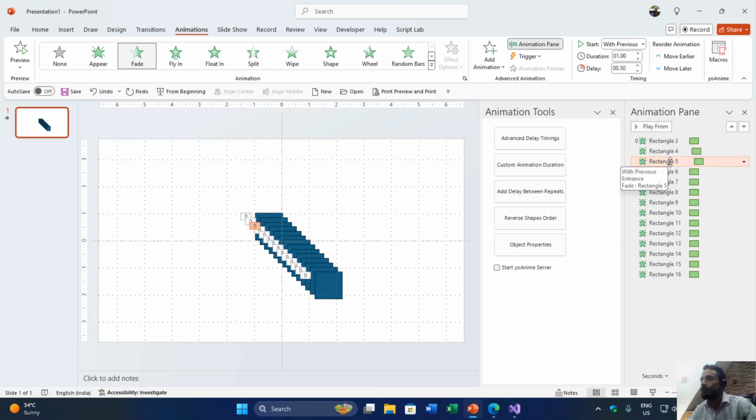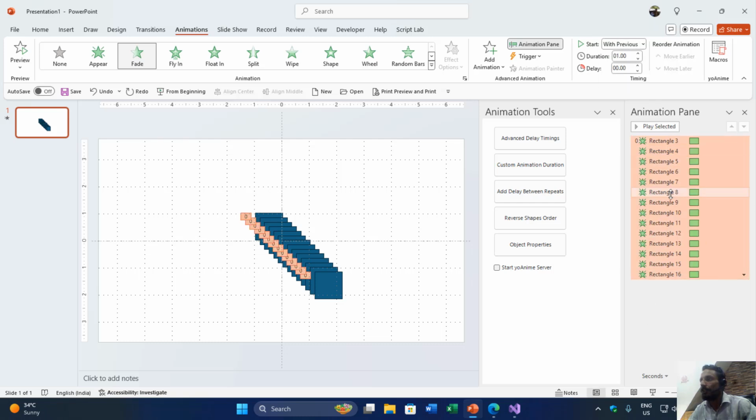For the third effect we need 0.50, and for the fourth effect we need 0.75, and all of them are set to with previous. I don't want to set them to after previous, because that way the second effect will get played only after the first effect finishes. So